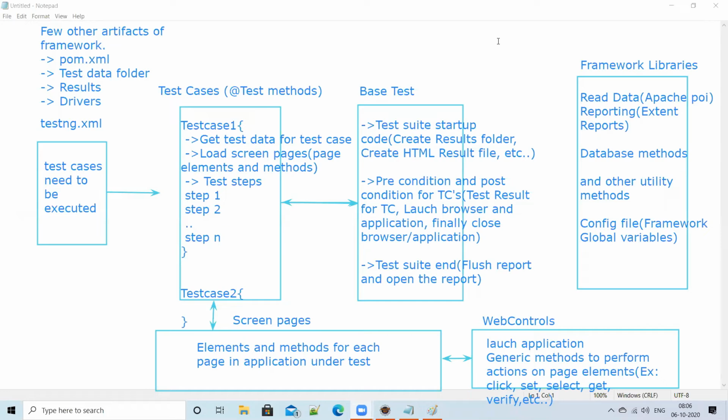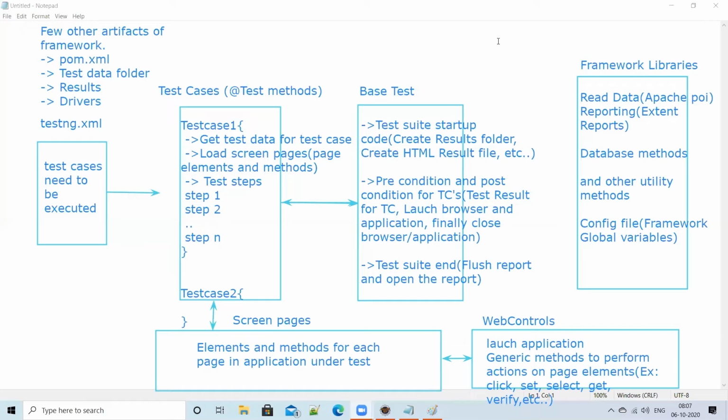To generate the HTML results summary report, we are using the Extent Reports feature. Basically, to load the project dependencies, we are using a Maven project. That is where we have pom.xml, and we specify all the dependencies of the project.